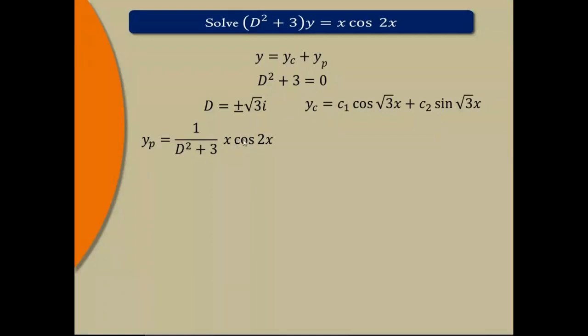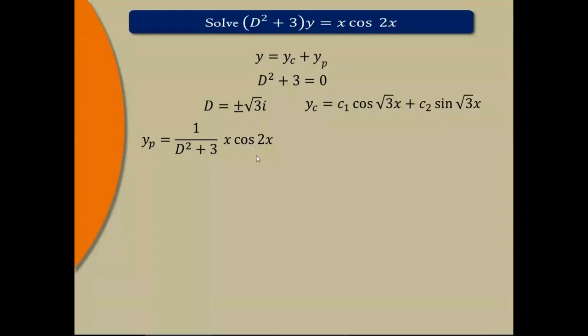Now what is the case of failure? What do we do for a cos term? We replace D square by minus a square. That will be minus 2 square plus 3. Is it 0? No, it is not 0. So it is not a case of failure. If we remove this x and check the condition for only cos 2x, then by using the corresponding shortcut method, replacing D square by minus 2 square, we get a non-zero term. So it is not a case of failure. If it becomes 0, it is a case of failure, and in that case we cannot use that rule for x into v. We have to apply some different method.